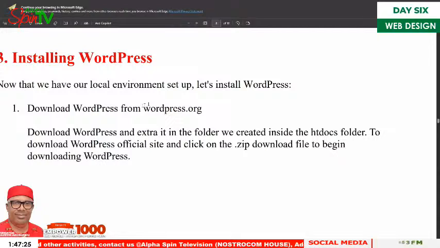Once you click on it, it takes you to download WordPress. You can see it, right? You click on it and it starts downloading. After that, you can close up this place. Then the next place is